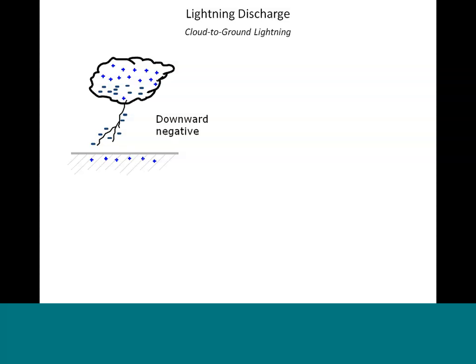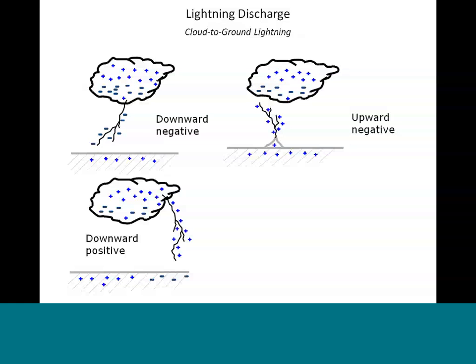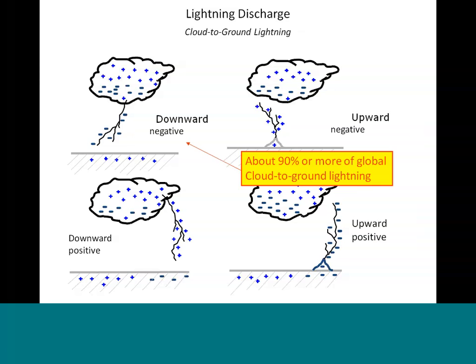Downward negative, which lowers negative charge to the ground. Upward negative, which again lowers negative charge, but is initiated by upward leaders from tall structures. Downward positive lowers positive charge to the ground. And upward positive, again positive charge is lowered to the ground, but is initiated by upward leaders from tall structures. About 90% or more of the global cloud-to-ground lightning is due to downward negative,